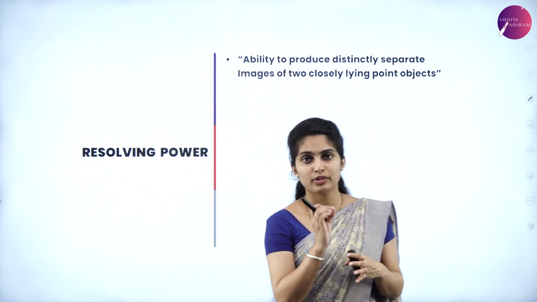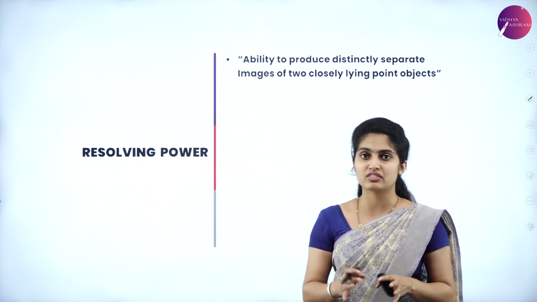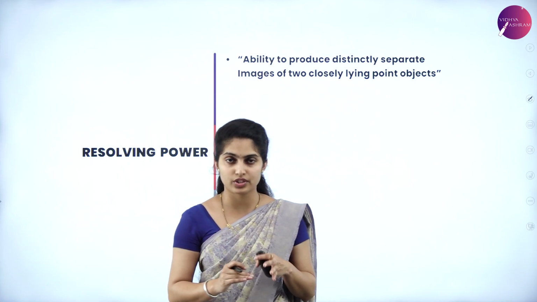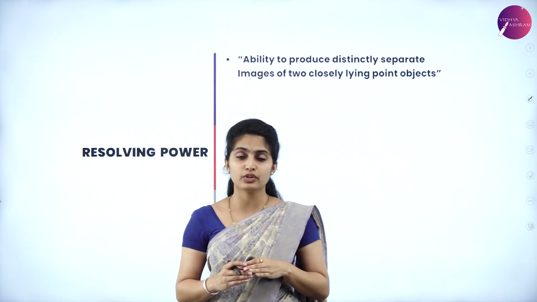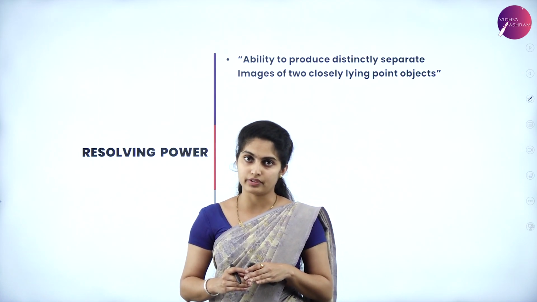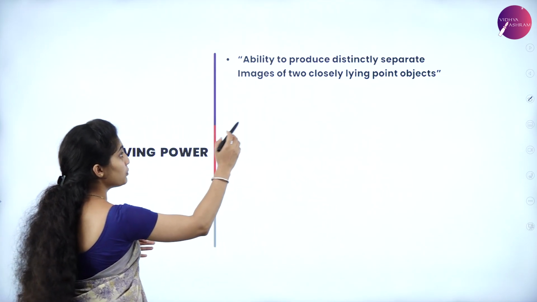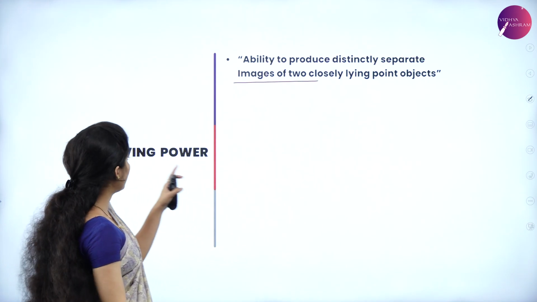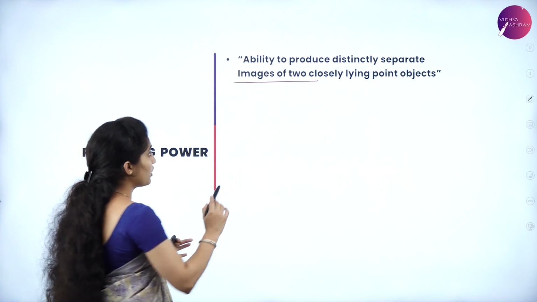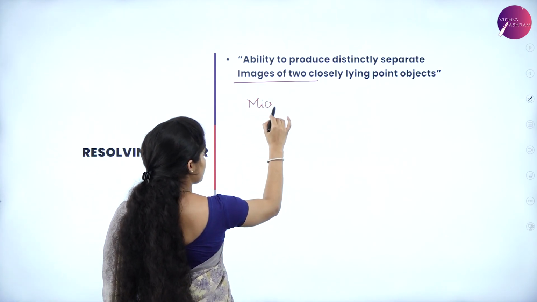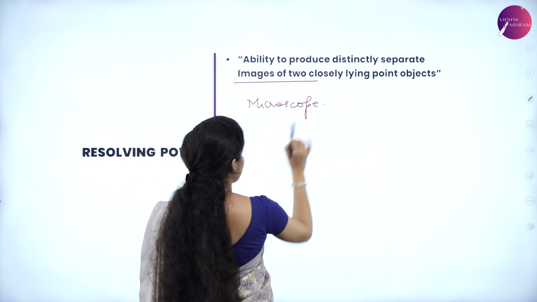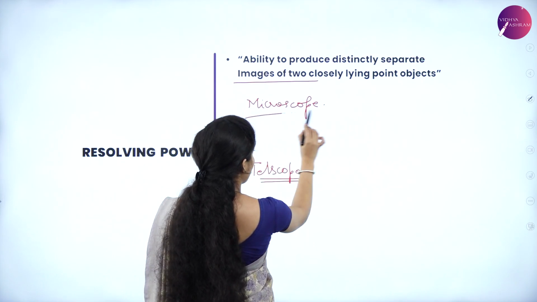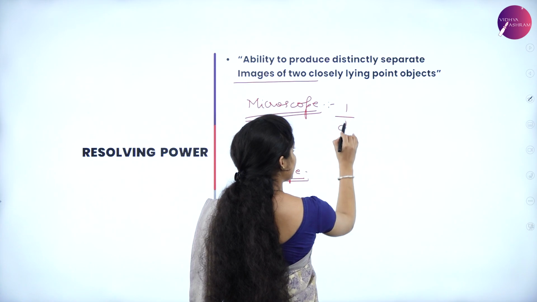So what is meant by limit of resolution? Limit of resolution is the distance between two objects which are to be observed, and the reciprocal of this limit of resolution is called the resolving power, understood? So the ability to produce distinctly separate images of two closely placed point objects is known as resolving power. Resolving power is different for the microscope and the telescope. For a microscope, the resolving power is 1 by d, that is the reciprocal of the limit of resolution,